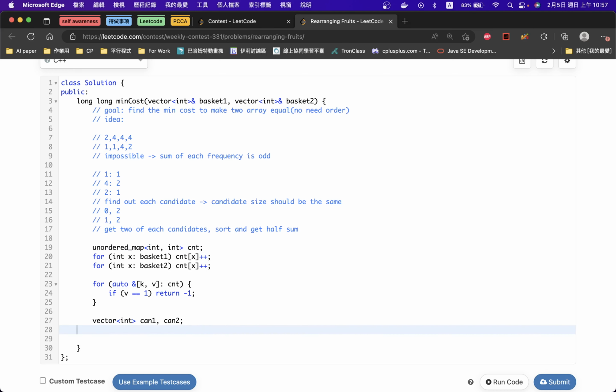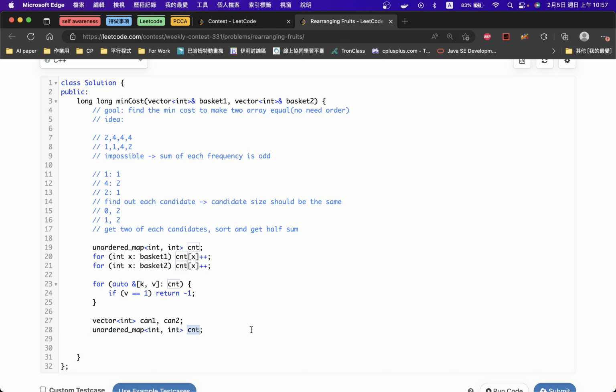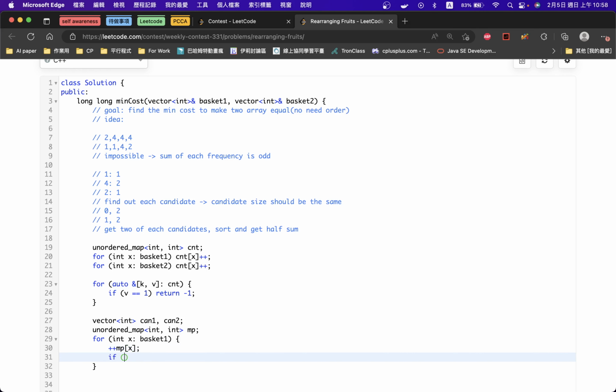They are greater than the map. So if map X is greater than count X minus n, and